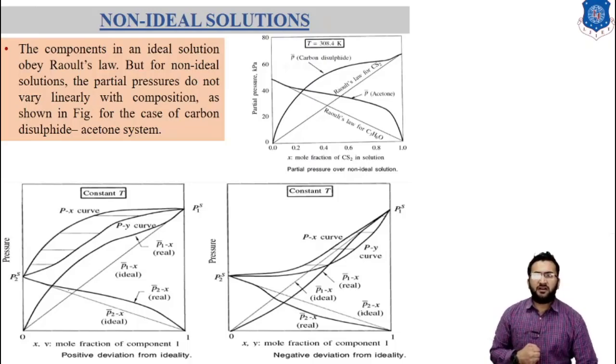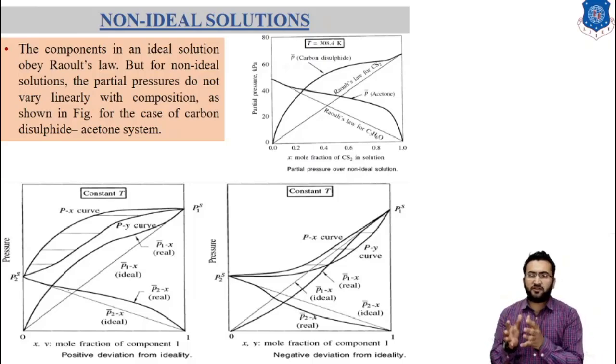The formation and destruction of hydrogen bonding during mixing leads to a very large effect and drastic change in thermodynamic properties. Non-ideal behavior is mainly categorized as positive deviation from ideality and negative deviation from ideality. Positive deviation from ideality results when the total pressure of the mixture or solution is greater than the actual partial pressure of each component, and